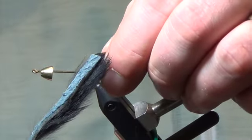Just pass that around. And I'll show you how I do that. Get my scissors here. I'm just going to take this a little closer to the eye. There you go. It doesn't have to be perfect, but basically I'm just going to cut a little taper into that. It's not perfect, but I don't really care, because the whole point behind cutting a taper into that is